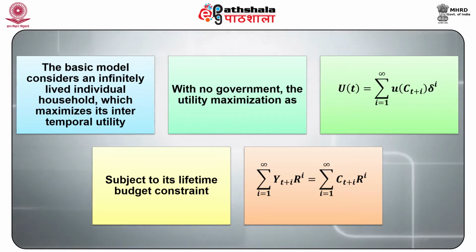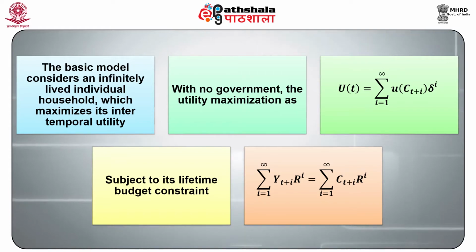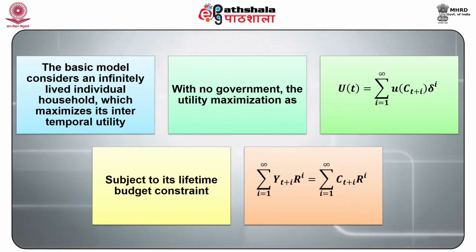How do we write this lifetime as a constraint? It's very simple. Again, we take the sum of the stream of incomes from t plus i, appropriately discounted by the appropriate rate of discount, and this should be equal to the sum from period i to infinity of capital C t plus i, written in the form of a subscript, where C subscript t plus i represents the consumption in all those periods, appropriately also discounted by the appropriate rate of discount.